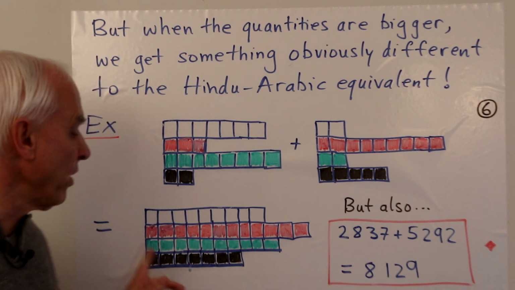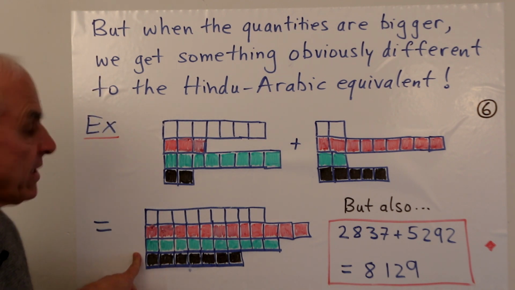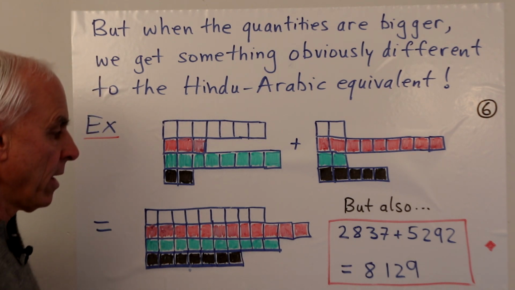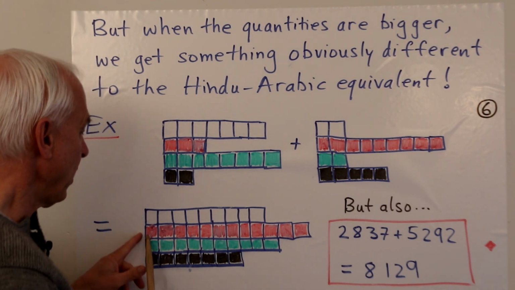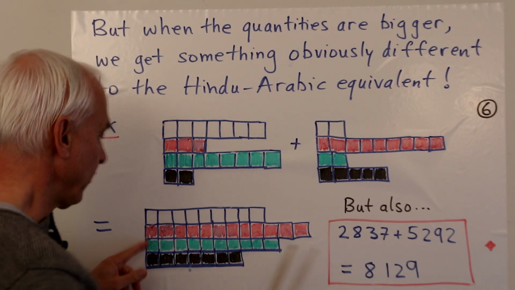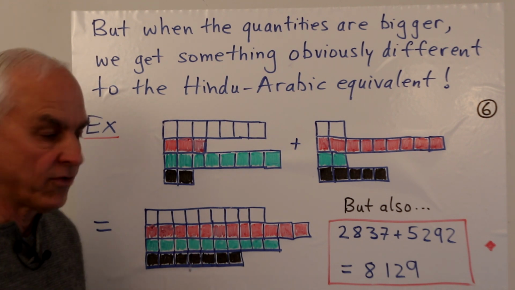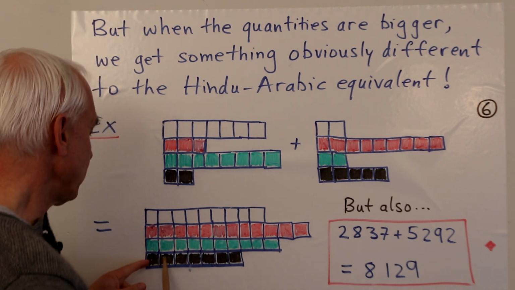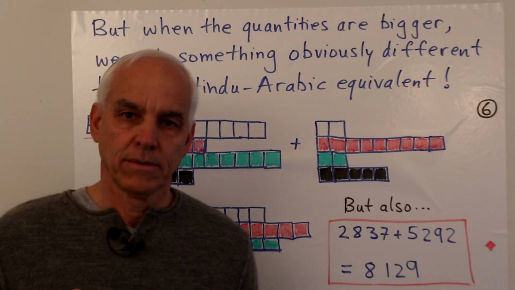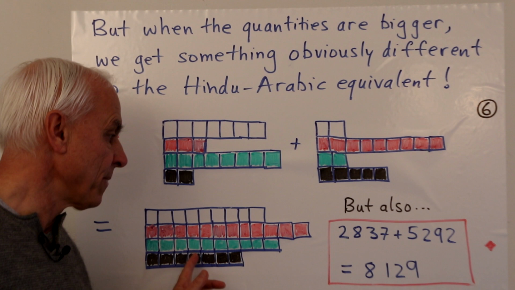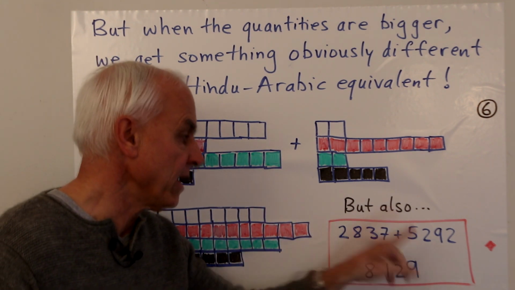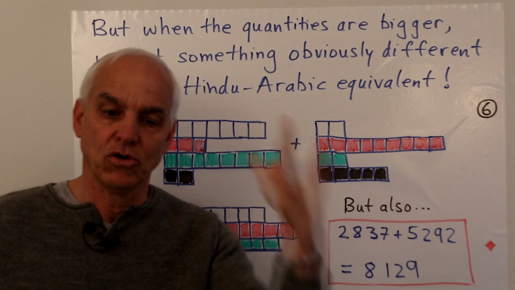And how does that compare with what's over here? Let's have a look. The 9 in the ones column. Yes, there's 9 in the ones column. The 2 over here in the tens. There's not 2 over here in the tens. The 1 in the hundreds. There's not 1 in the hundreds. The 8 over here. 1, 2, 3, 4, 5, 6. There's not 8 in the thousands either. This answer does not correspond with what you get when you do the addition in the Hindu-Arabic numeral system.